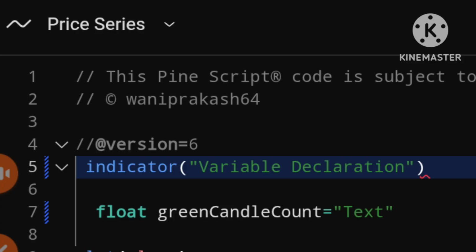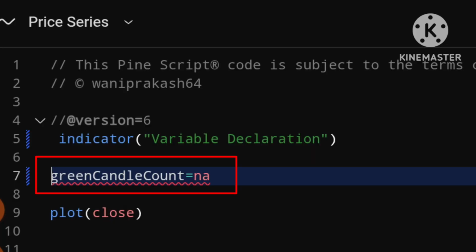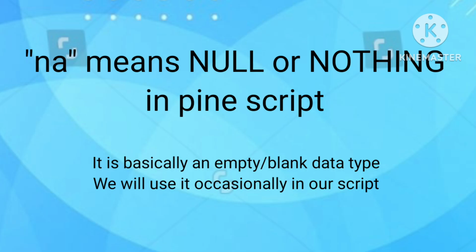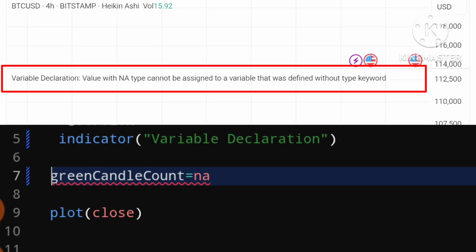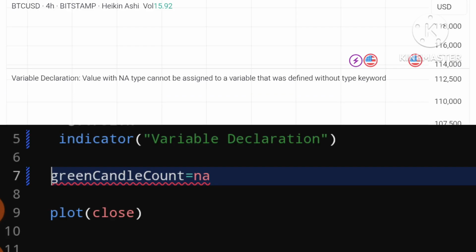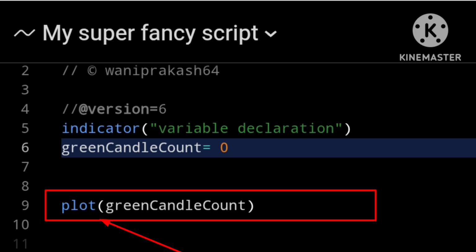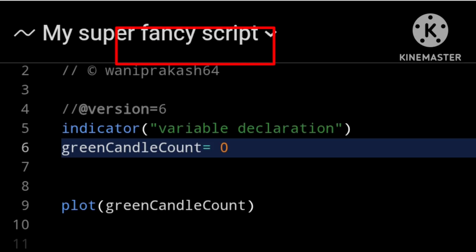For example, if I get rid of this and I set candle count to NA or not a number, this is basically null, nothing. I have set the green candle count to literally nothing. It is not a data type of any kind. If I then want to draw that onto my chart, so let me paste the green candle count into that plot. Save the script.